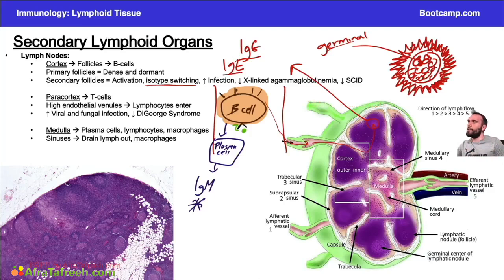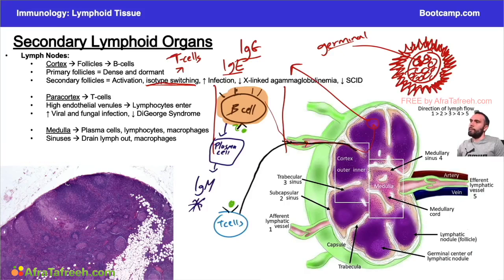We'll talk about it. And this whole isotype switching is going to happen largely because of some interaction with activated T cells, which we'll talk about in greater detail. The idea is that you're also going to have T cells floating around in the bloodstream, right? So T cells can also potentially run into our antigen that's floating around in the bloodstream. It might run into that same antigen and bind to it, and then these T cells might go on into this lymph node to stimulate the B cells to go isotype switching, which would form IgG, IgE, different isotypes here,